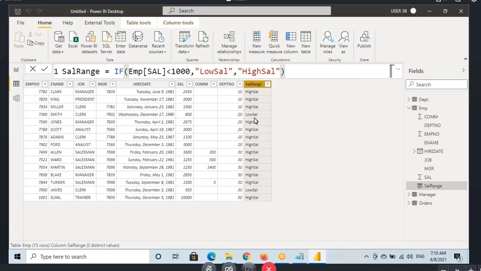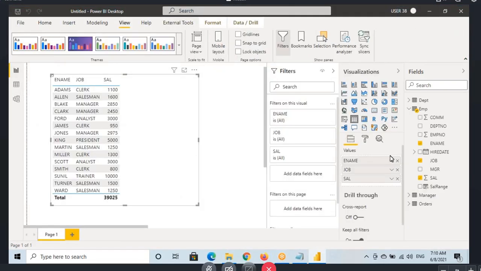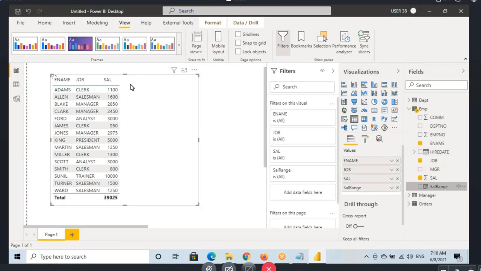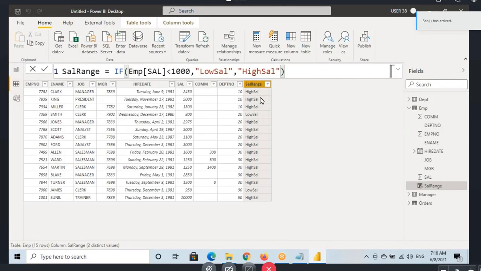So wherever the salaries are less than 1000, it is showing low salaries. In all the remaining places, it is showing high salaries. Now I can just drag the salary range and show it here based on the salaries they have. The next one is